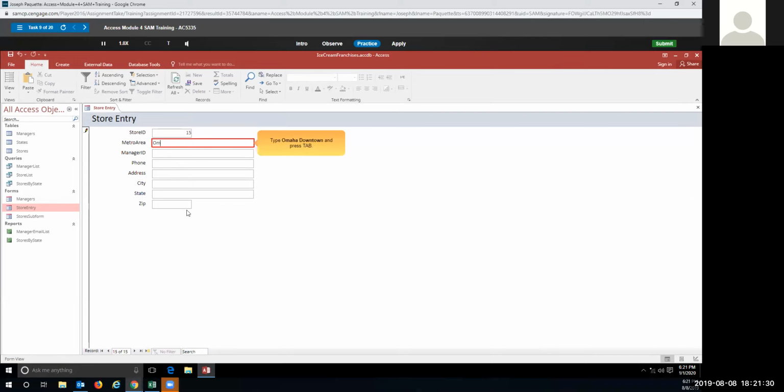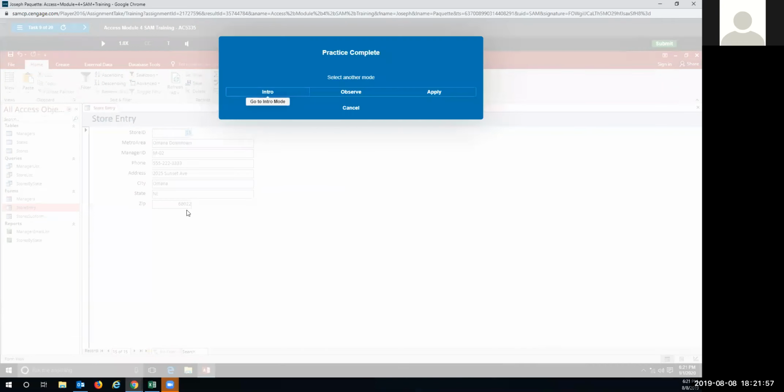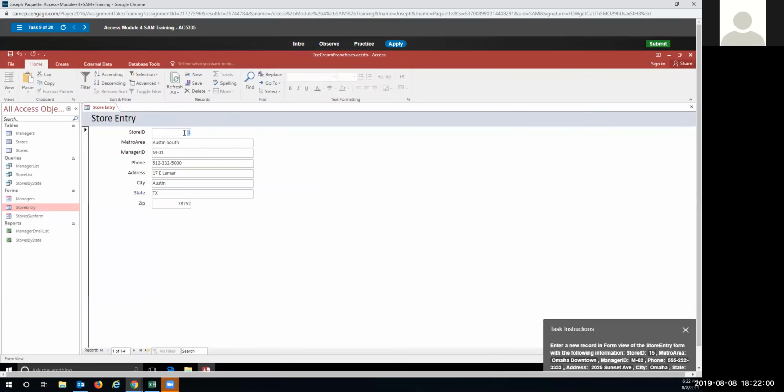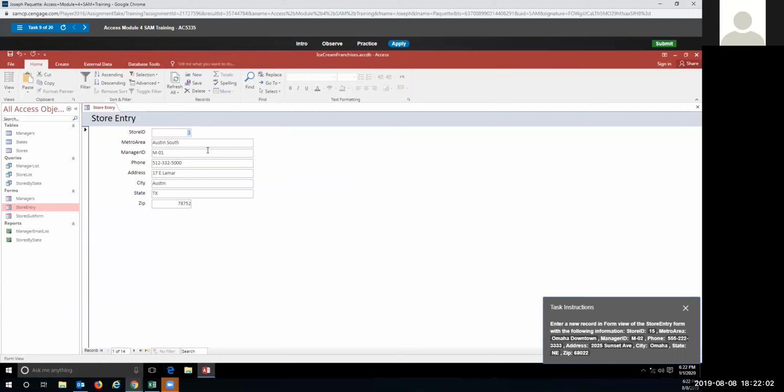Type Omaha Downtown and press Tab. Type M-02. Type 555-222. Type 2025 Sunset Ave and press Tab. Type Omaha. Type 680. That was fun. All right, so we want to